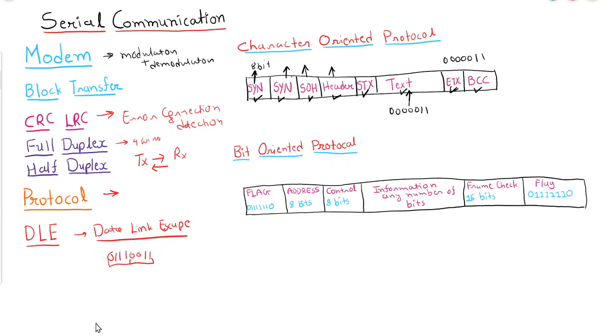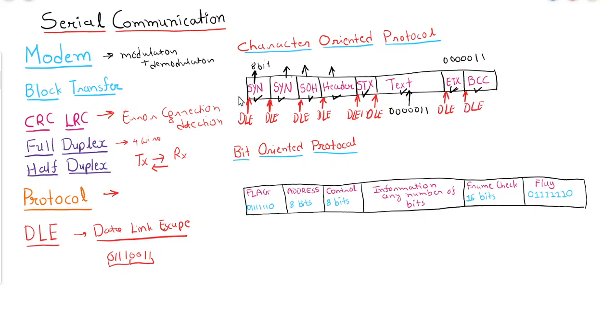Before each element of this character oriented protocol there will be a DLE. Here there will be a DLE, here also, here also, here also, here also, and at last here also there will be a DLE.